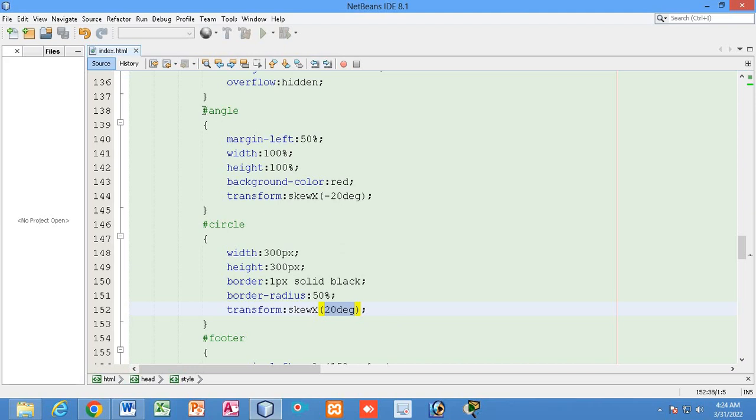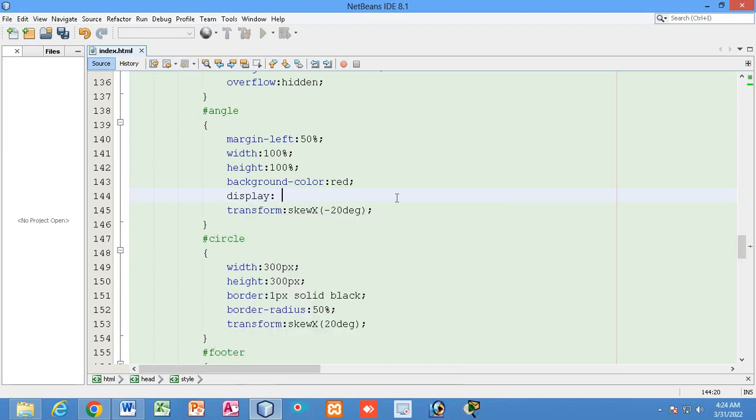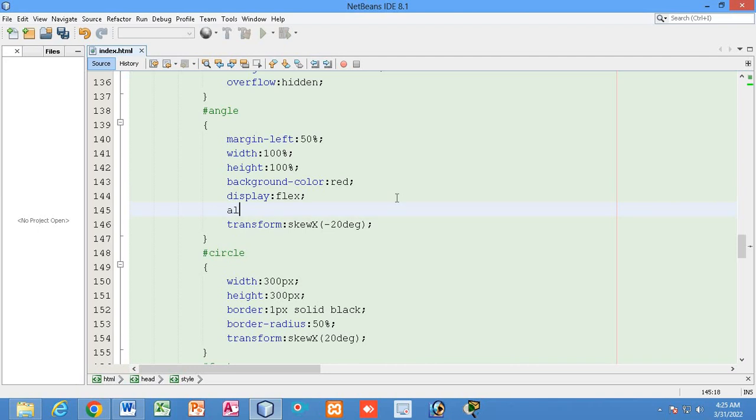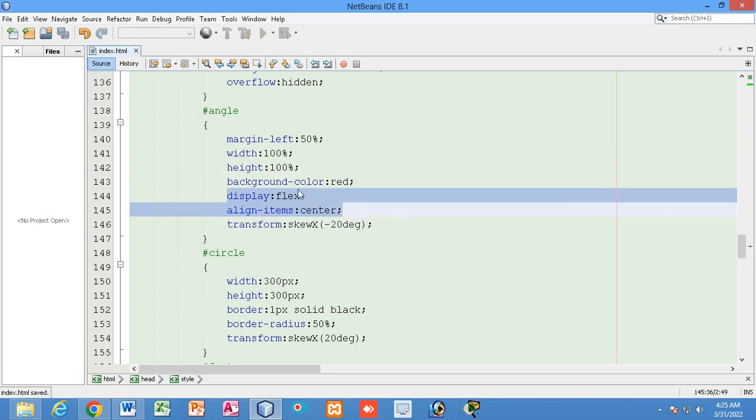Right? So now here in the angle div I will write display flex and align items center. By the combination of these two CSS properties, the circle will appear right at the vertical center. See, right at the vertical center.